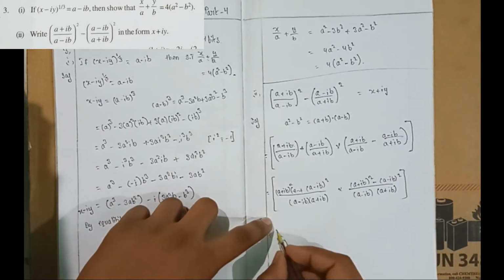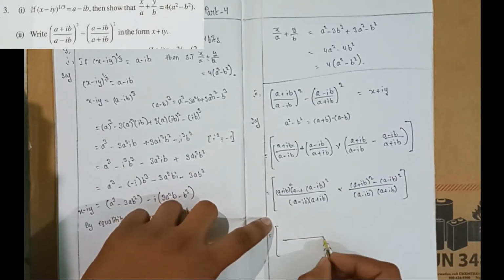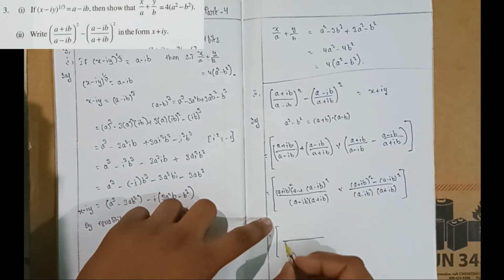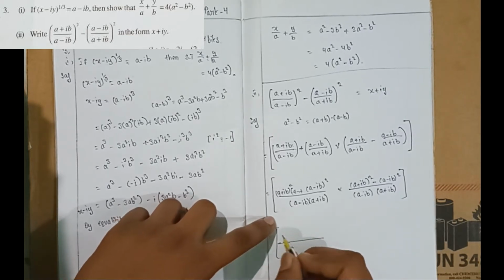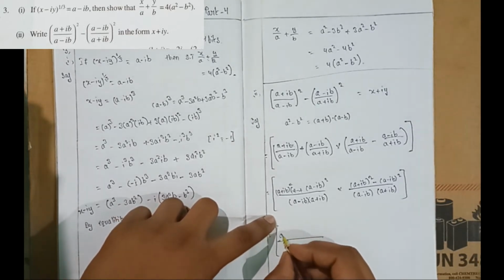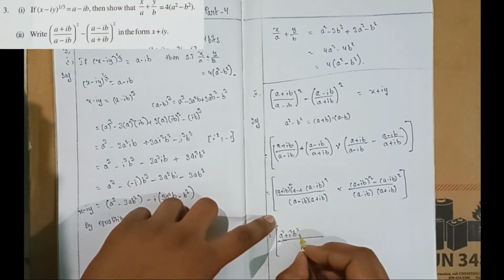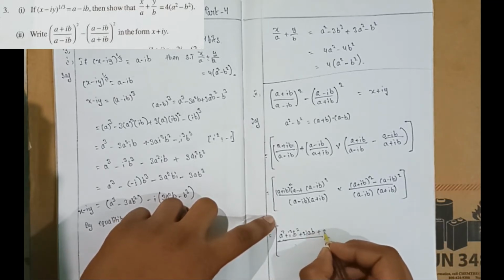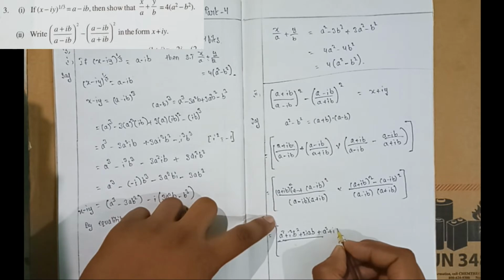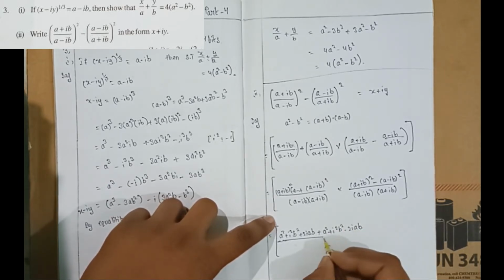Now we have to expand this equation using the (a plus b) whole square formula. So a square plus i square b square plus 2iab, plus a square plus i square b square minus 2iab,